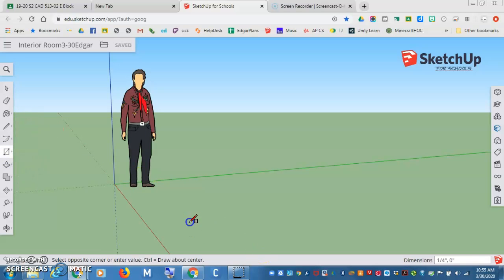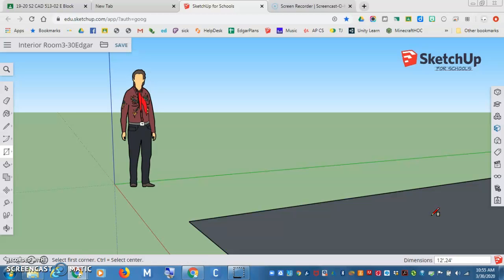Click on the rectangle, and remember you click once to start the design, and then you take your finger off the mouse and you move a little bit here, kind of show it which direction you want to go, and then you type in your coordinates and you do, for example, 12 apostrophe, and be looking at the bottom right hand corner of my screen, 12 apostrophe comma, I don't remember the dimensions, but let's say 24 apostrophe, that's 12 feet by 24 feet, and if I hit enter,